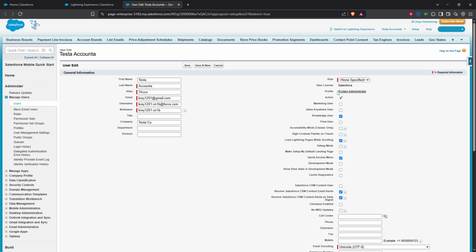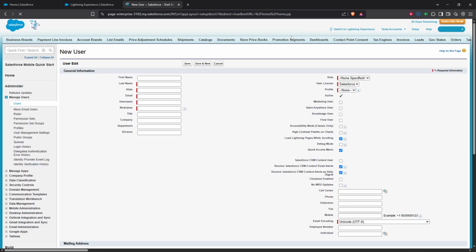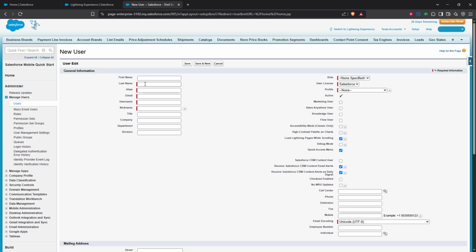Having deactivated the old user, it's time to focus on the new employee. If this person does not already have a user record in Salesforce, you'll need to create one. To do this, click on New User and fill in the required details. Make sure to input all necessary information accurately, as these details will define the new user's access and interactions within